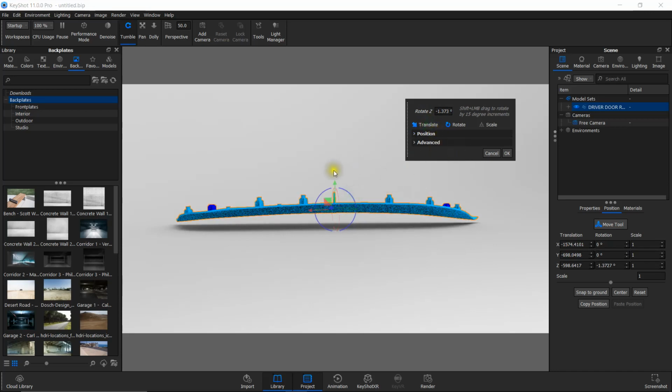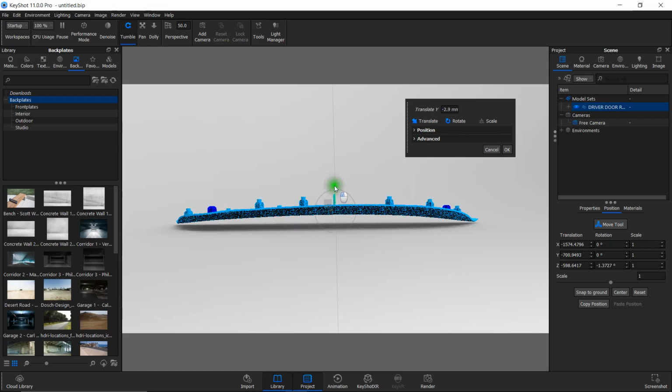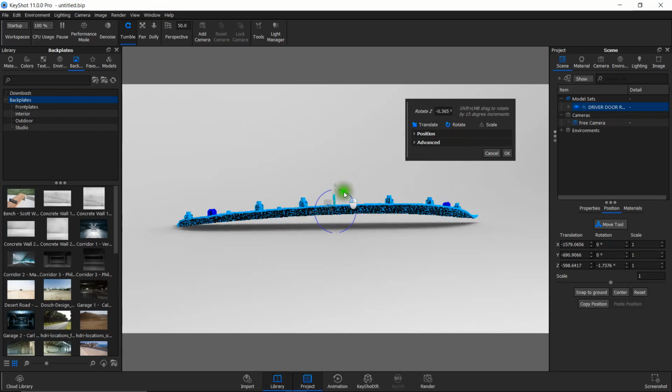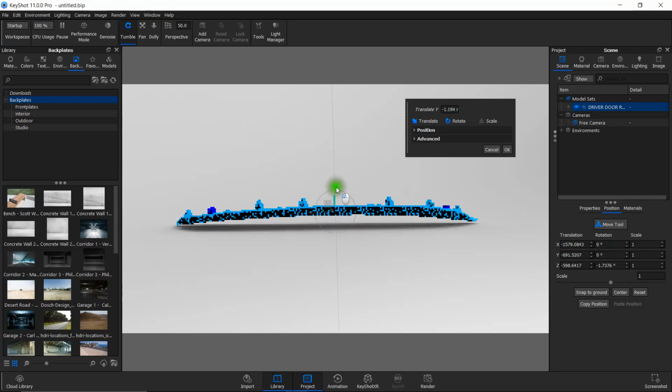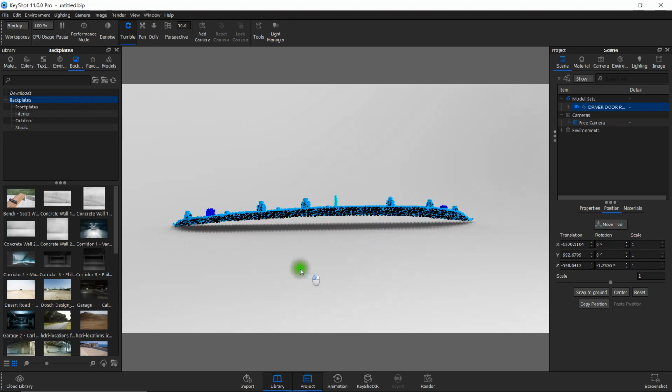Now select the translate option, pull the green arrow downwards. Rotate it a little bit more and pull the green arrow again. And now it is almost touching the ground plane. So I am clicking OK.